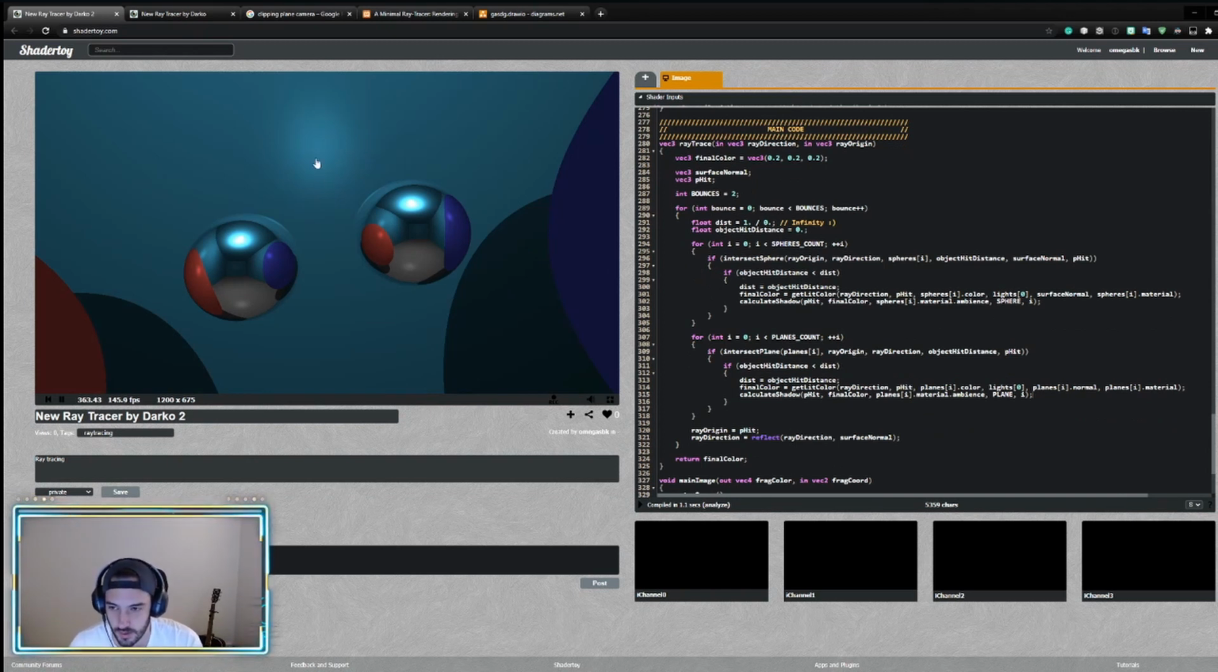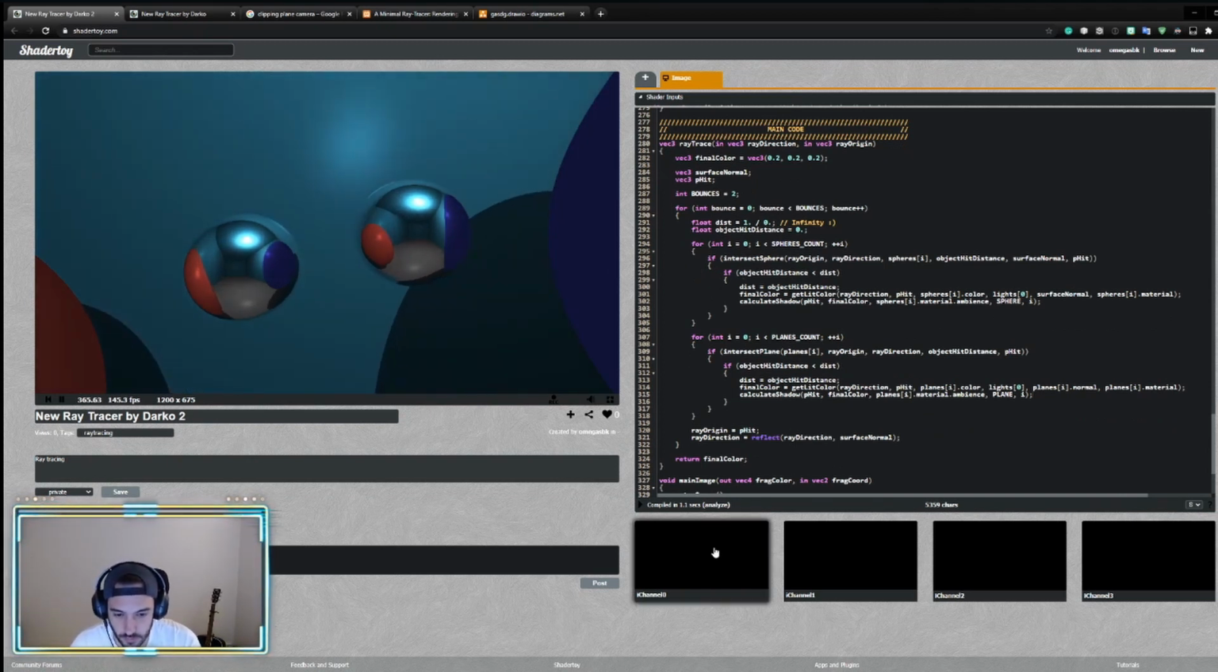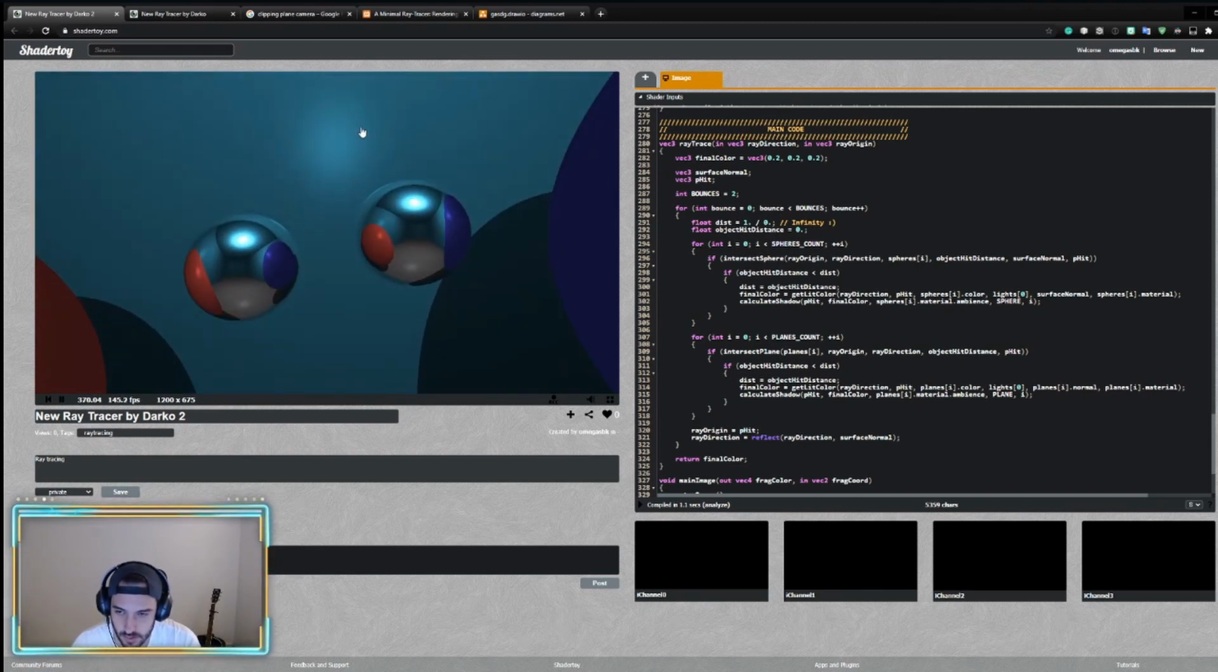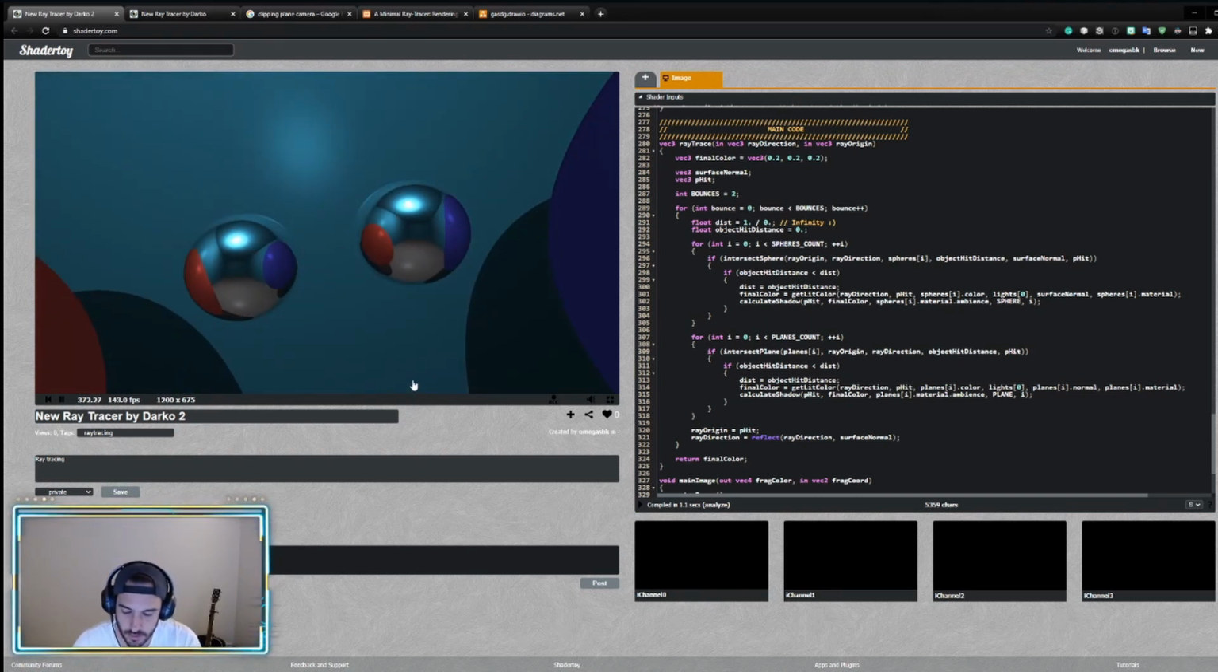Okay, so now we get this weird behavior, and we definitely don't want it to look like this. Now it looks weird, and we also have intersections with ourselves. The first thing we've got to do is check if we are actually intersecting with ourselves. So when you do the first bounce, or bounce 0, you will hit, let's say, a sphere, and then when you do the second bounce, you should hit, I don't know, a plane. For some reason we seem to be hitting a sphere over here,